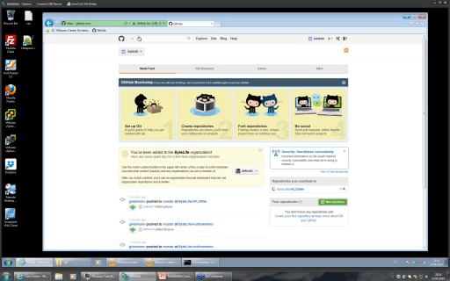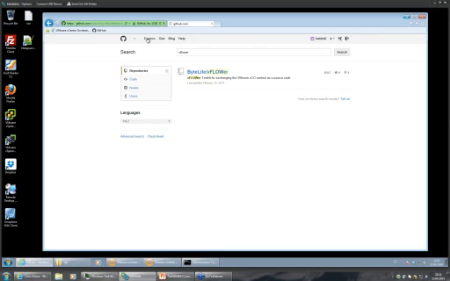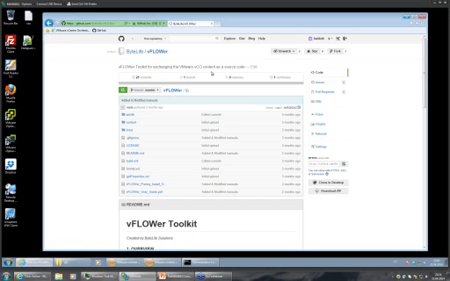If you go to GitHub, you can search for it: type VFLOWer into the search engine up here, and the search points you to the ByteLife VFLOWer repository. If you click on that repository, then you can see the content of the existing VFLOWer Toolkit